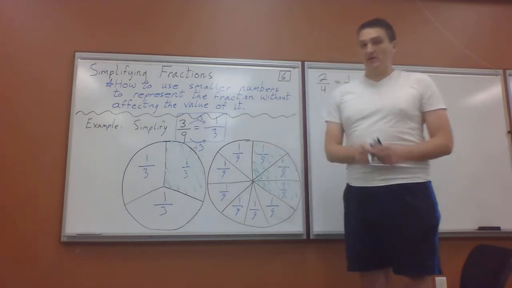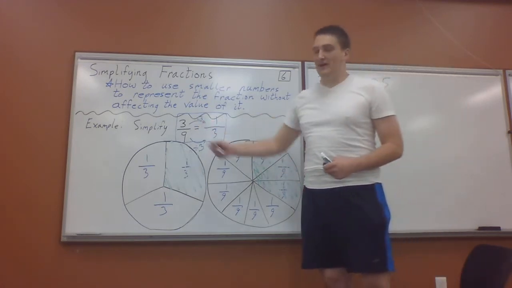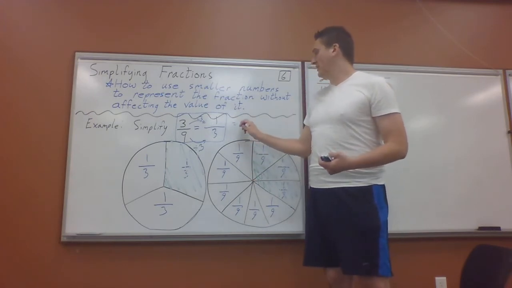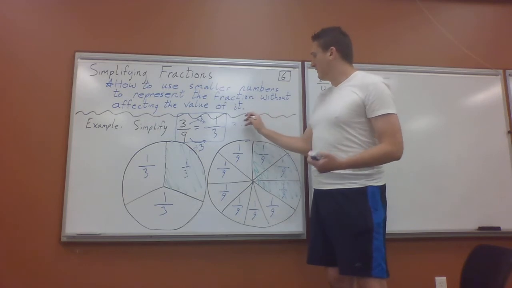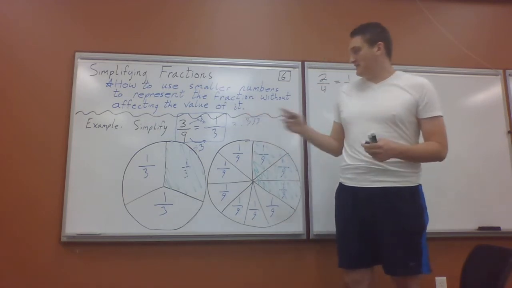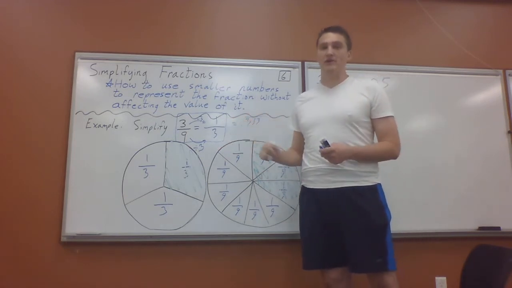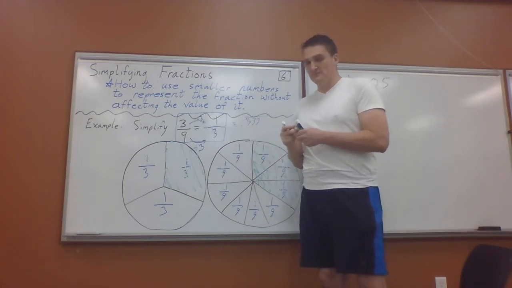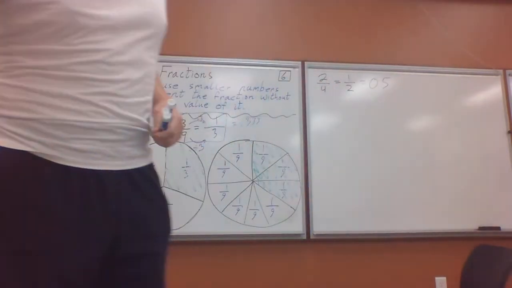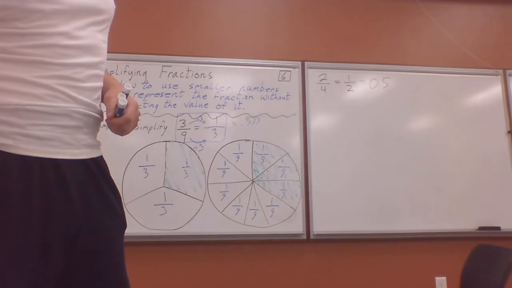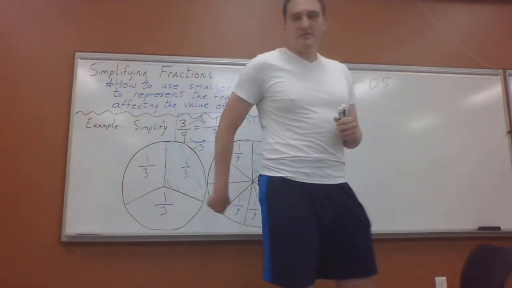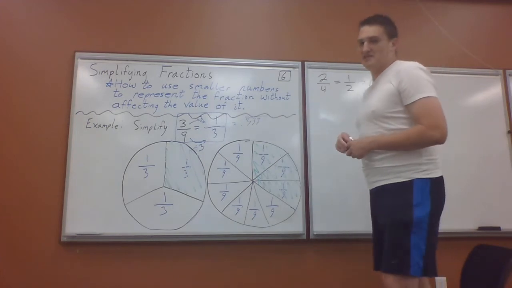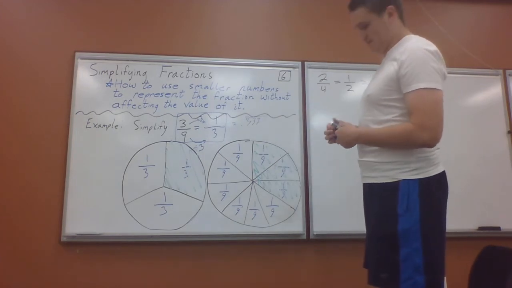If you have a calculator out, you can go 3 divided by 9, and you'll get some sort of repeating decimal that will look like this, 0.333, but that just repeats. And the same thing will happen if you put in 1 divided by 3. You'll get that same decimal. All right. Could I have used another factor besides that? Not necessarily, but if I had something like